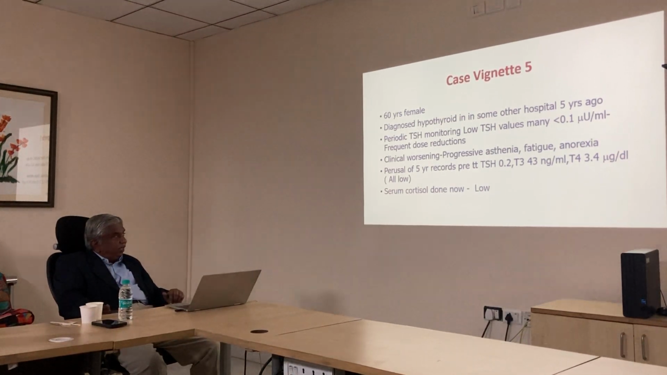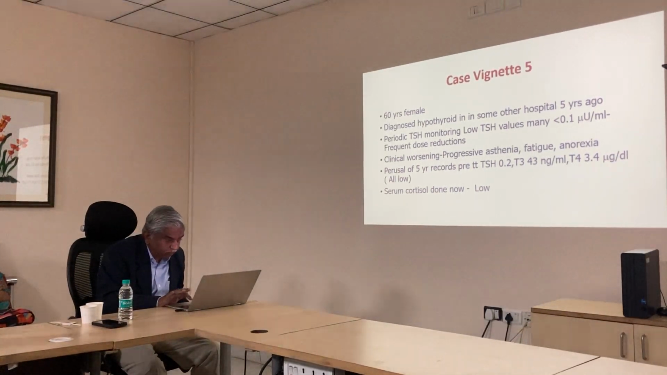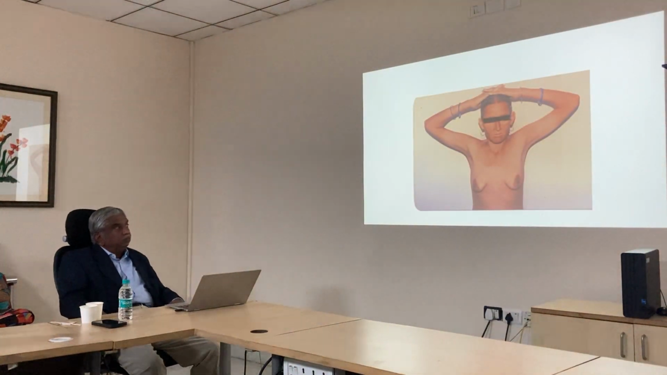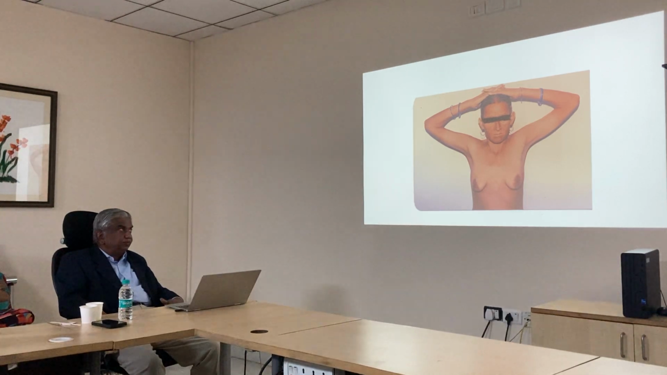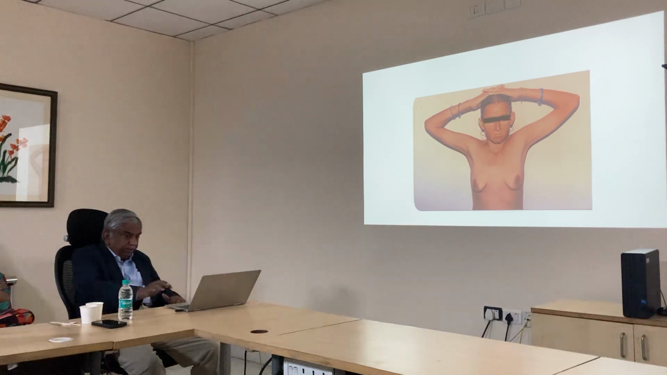TSH was low, T3, T4 low, and because this patient was clinically also having features of hypocortisolism, these reports are clear-cut suggestive of secondary hypothyroidism, that is, central hypothyroidism. I got a cortisol which is low. This was the patient. Axillary and pubic hair absent. There was breast atrophy,